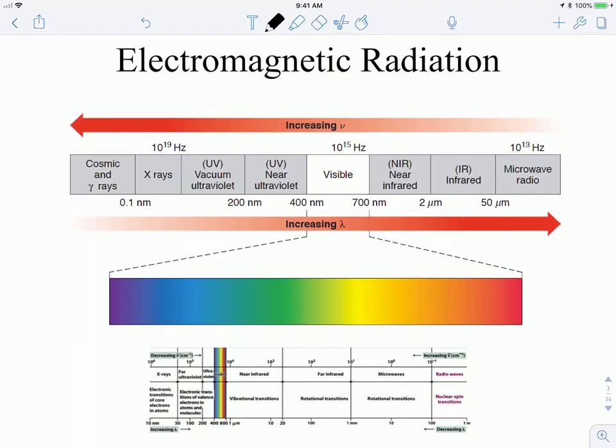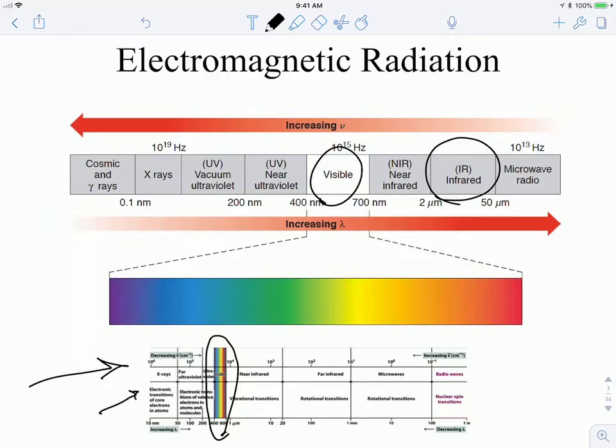So remember from general chemistry that there's lots of different energies associated with different kinds of light. So what we see every day is this spot right here, the visible spectrum. We're going to move over here for the duration of this video to talk about infrared light. So if you go down here to this table, what you'll notice is that visible light is a very narrow band of the electromagnetic spectrum, and each different kind of light causes different things to happen in molecules. So for example, X-rays cause electrons to be emitted from atoms or molecules, whereas